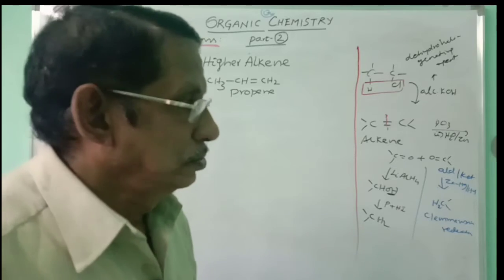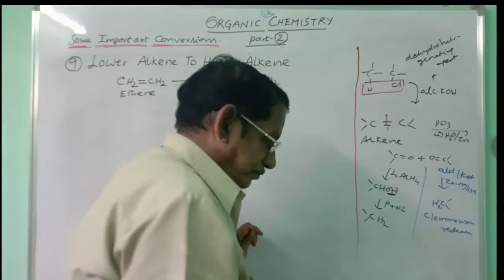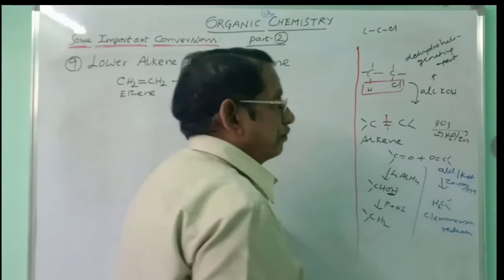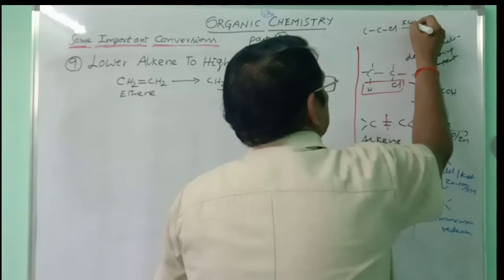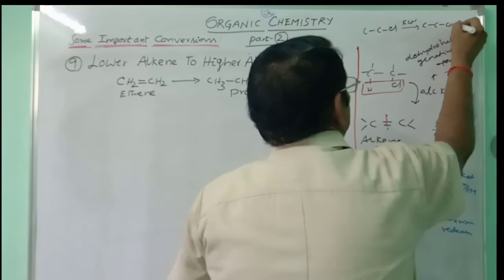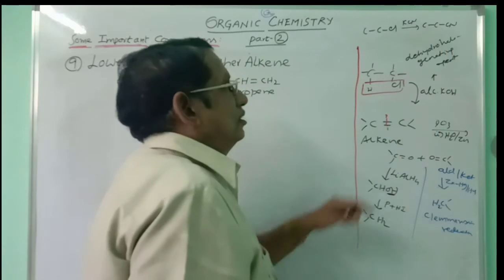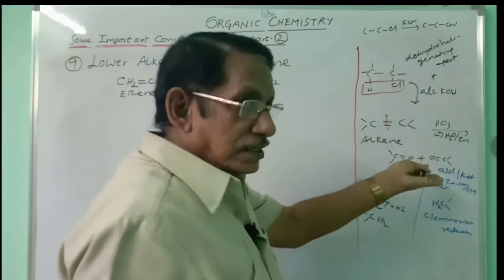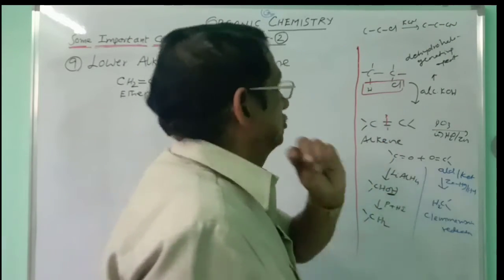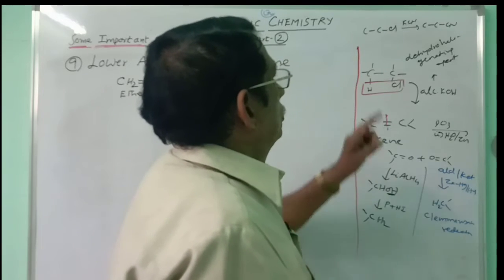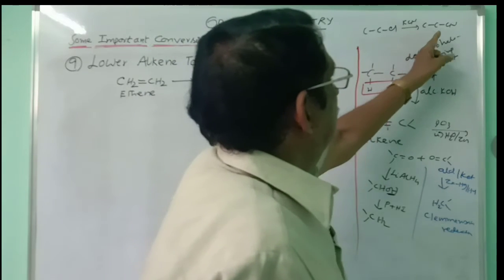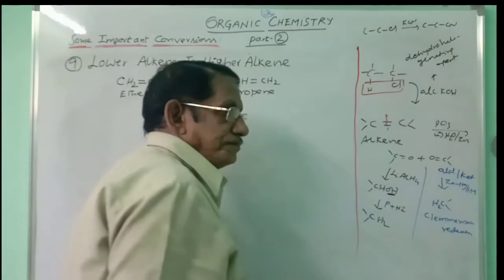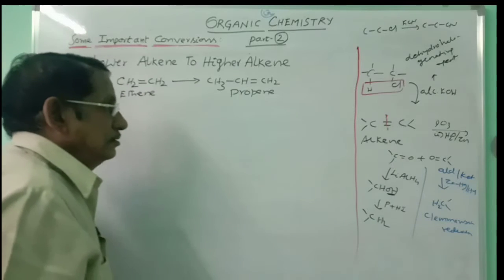So, if you want to introduce cyanide, that should be having halo group. When this is treated with KCN, this will be converted into cyanide. So, cyanide can be reduced to primary amine, can be converted into alcohol by the action of nitrous acid, later you can do all this. So, here, if you want to get CN, one more carbon should be increased, you have to introduce Cl or Br. So, let us try.